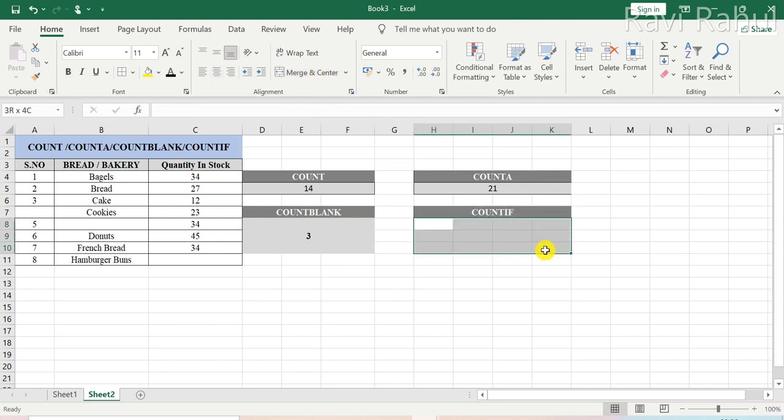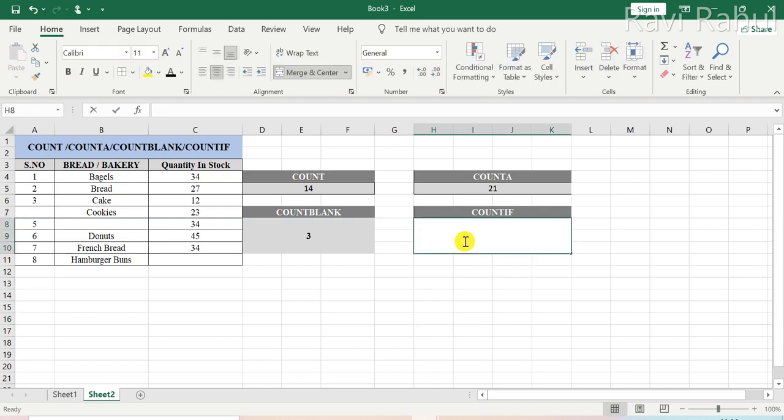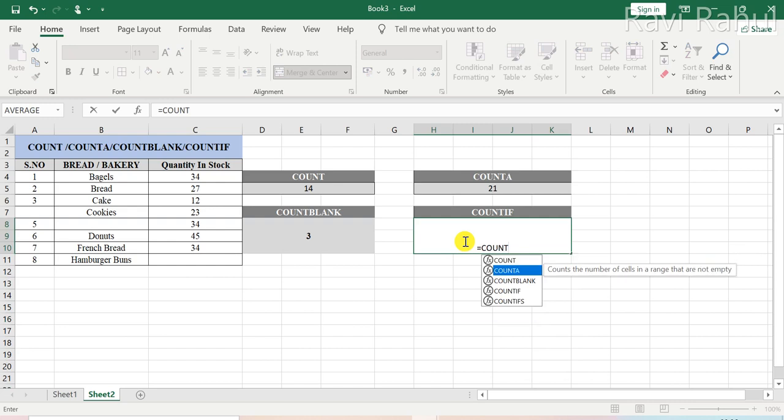Okay, and type in the formula here. Sorry, COUNTIF. Now what it says, select the range. So I am selecting the range from name of the bread bakeries to the total amount of stocks.